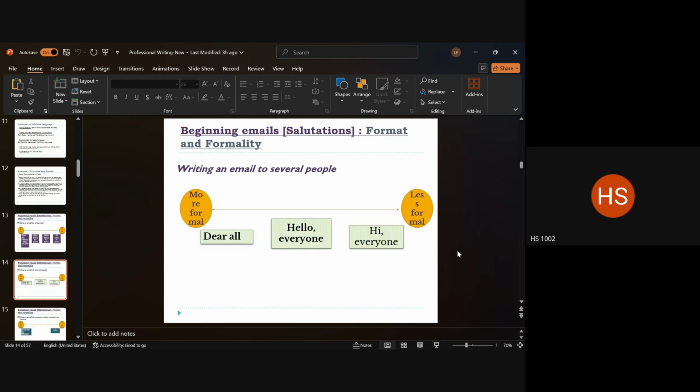Then, same thing if we are writing, but now the number of people you're writing to has changed. The first one was to address one person. This one is for addressing several people, right? So in that one, the more formal version would be simply saying "Dear all." There are a few differences in all of this, but if the mail you are sending involves people who are all at the same level, for example, if I am writing an email to you all about a class on some day, then I will use "Dear all."